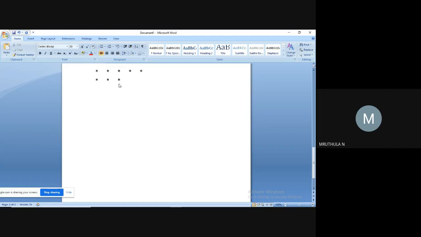On the second line, 4 stars. The third line, 3 stars. The fourth line, 2 stars. And on the fifth line, only 1 star. I want to print this pattern using a Java program.